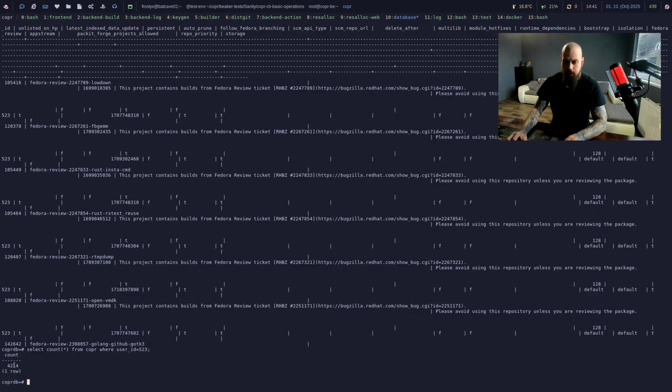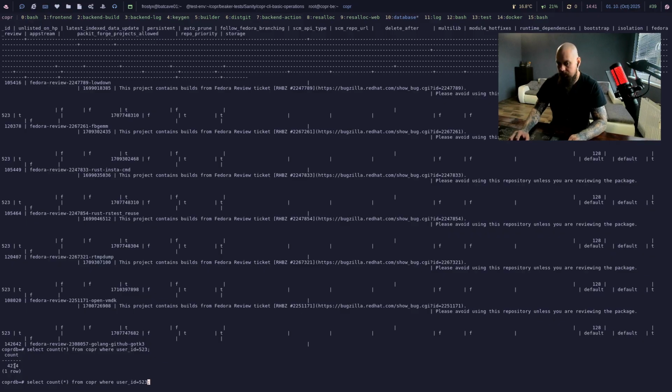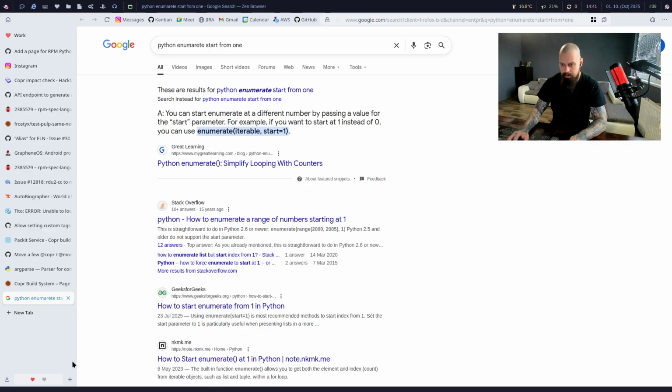Oh, this is much more projects. I don't understand why the pagination returned just such a weird number of projects. But either way,